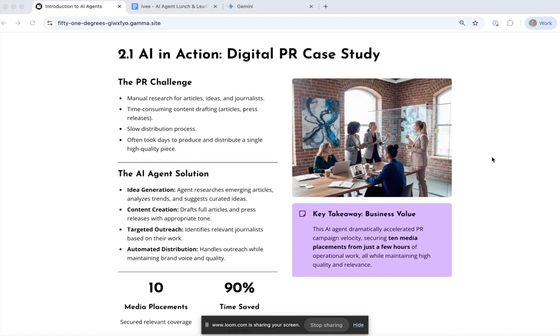It'll then report back to me with the 5 stories that it's suggesting, and I'll choose which one of those 5 is my favorite and the one that I want to go ahead with. It will then go away and research that topic in even more detail. In that research process, it might review 100, 200, 300 different web pages of information to understand more and more information that it wants to fold into that digital PR piece.